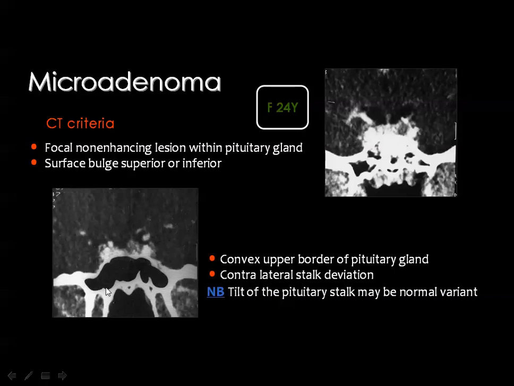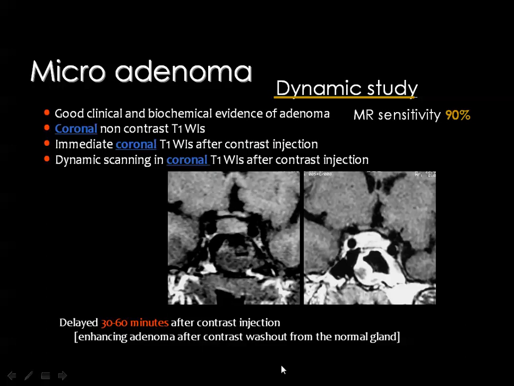Also, contralateral deviation of the pituitary stalk, meaning that if there is a pituitary microadenoma on the left, it may displace the stalk to the right, but you can appreciate that this is a weak sign, because here is an adenoma and the stalk is in the midline. Then, because of the